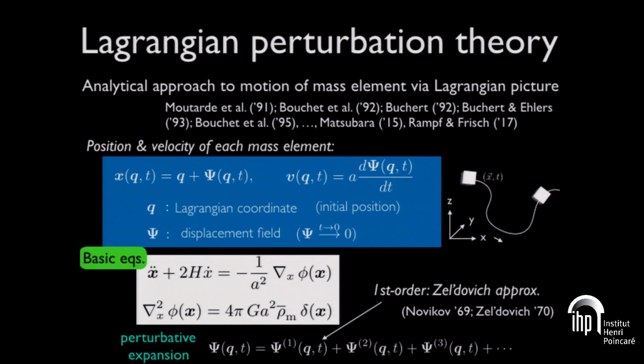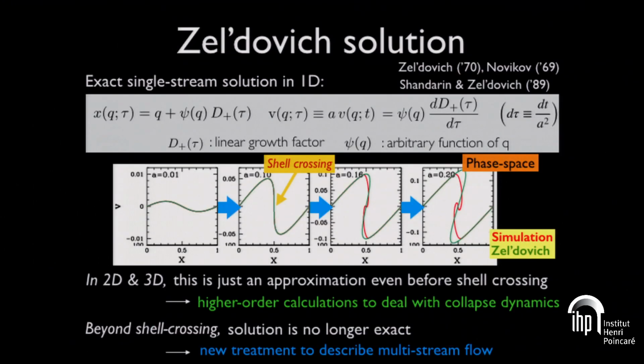And importantly, at first order, this is the so-called Zel'dovich approximation. And the important point is that the Zel'dovich approximation can be an exact solution if we are living in a one-dimensional world. So this is a solution, and D plus is a linear growth factor, while psi is an arbitrary function of Lagrangian position. And once you set up some initial condition, the Zel'dovich solution gives you the exact motion of mass element up to